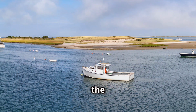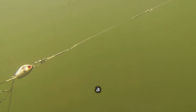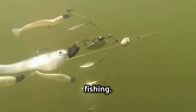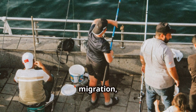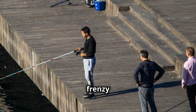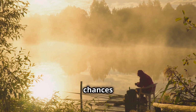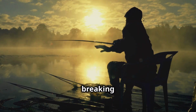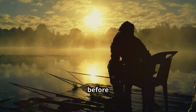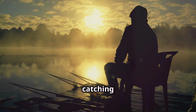Our first stop is the renowned Cape Cod Canal in Massachusetts, a 17.5-mile artificial waterway that's a paradise for striped bass fishing. As May and June roll in, stripers begin their annual migration, creating a feeding frenzy that draws anglers from far and wide. To maximize your chances of landing a trophy striper, timing is crucial. The breaking tides, slack water just before or at dawn in June are considered prime time for catching large bass